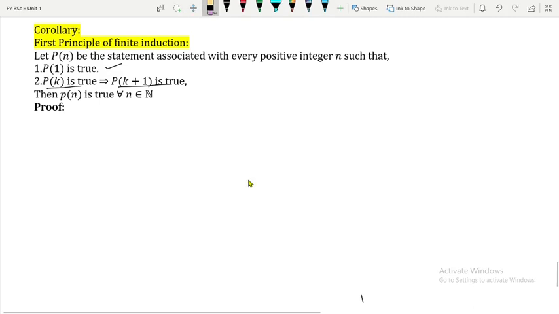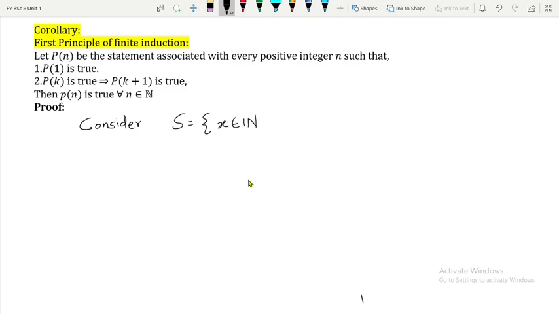So over here I am going to consider one set, and my set is S equal to the set of all x belonging to N. Now I will not use the x notation, I am going to use the notation n, or if it is confusing you, then better I will go for m,